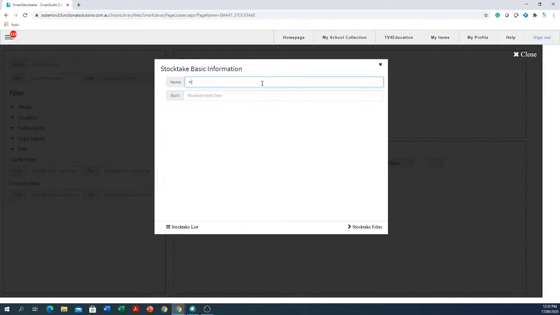So in this case, Michael's Stocktake of the General Office Fiction A to G, call numbers. Okay, so you've got a lot of latitude as to how much information you put in there,